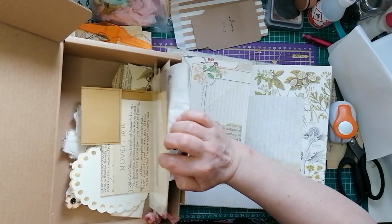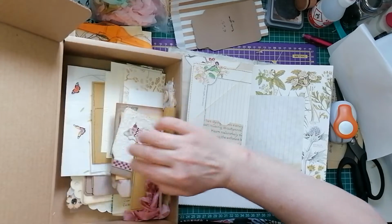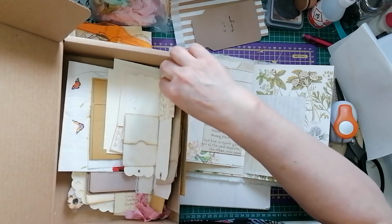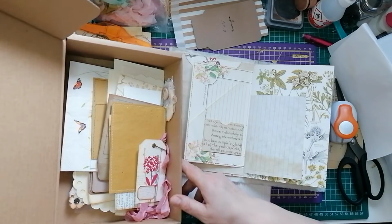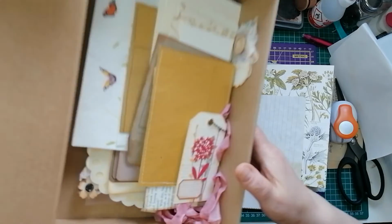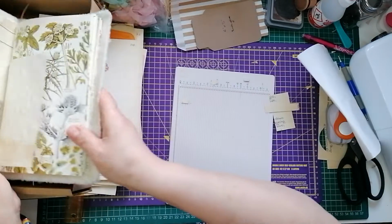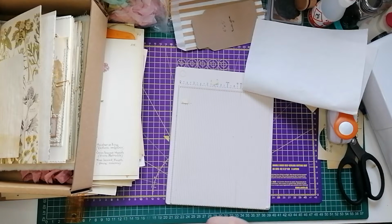Looking like we're going to have to make something. We're going to have to make a couple of little tags. Ooh, what's that? No, we don't want that. So it looks like I'm just going to have to make a tag to go in there. Yeah. So there's no time like the present, is there? Let's pop the journal back in the box. I'm now going to grab some. I've always got,